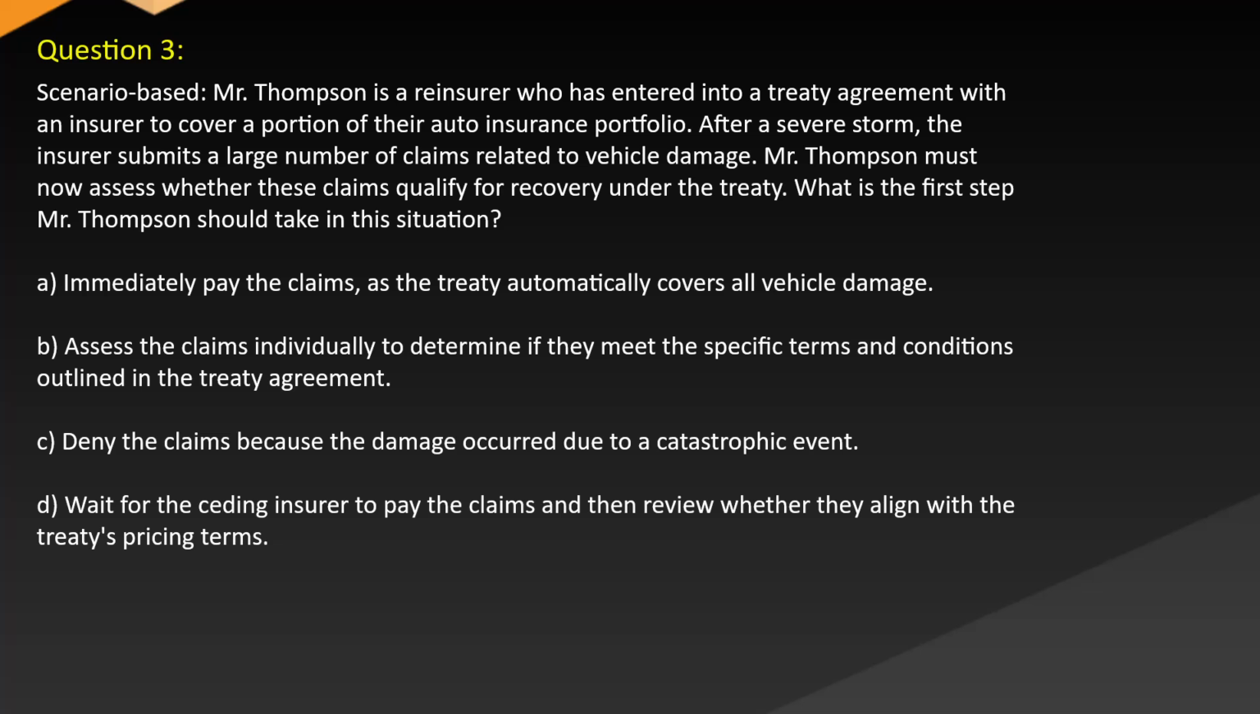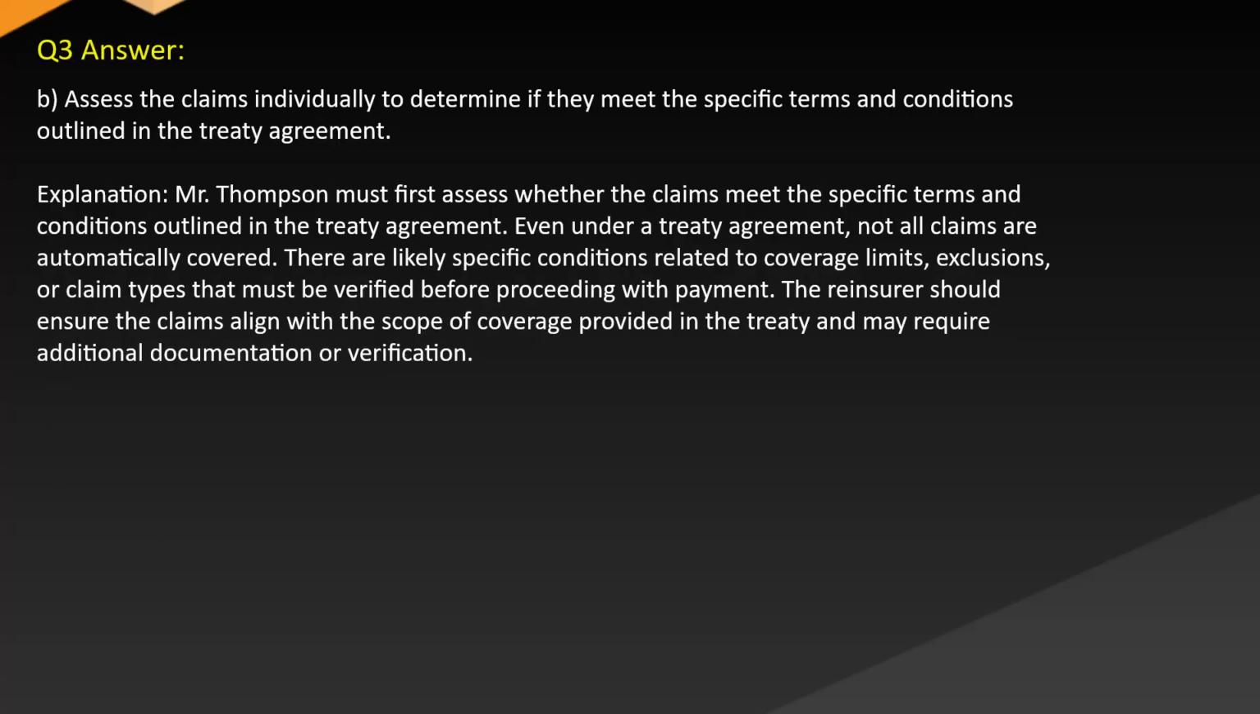A. Immediately pay the claims, as the treaty automatically covers all vehicle damage. B. Assess the claims individually to determine if they meet the specific terms and conditions outlined in the treaty agreement. C. Deny the claims because the damage occurred due to a catastrophic event. D. Wait for the ceding insurer to pay the claims and then review whether they align with the treaty's pricing terms. Answer: B. Assess the claims individually to determine if they meet the specific terms and conditions outlined in the treaty